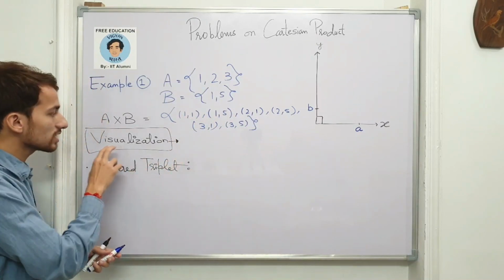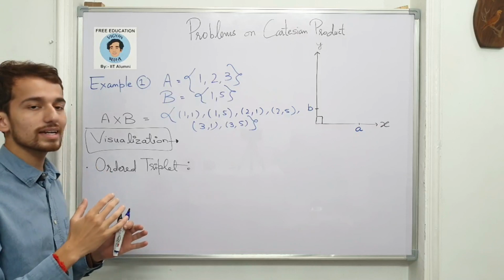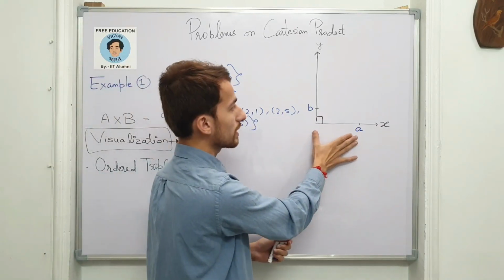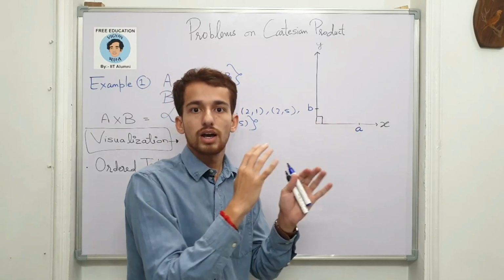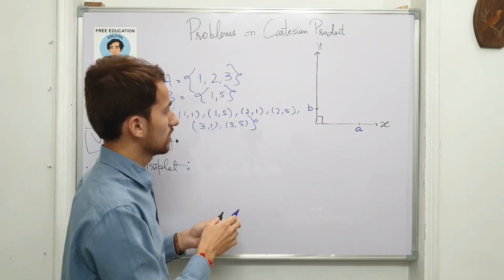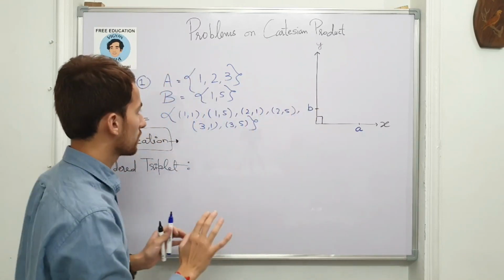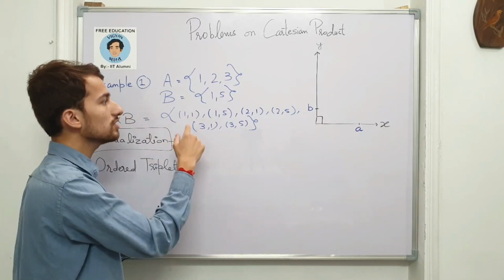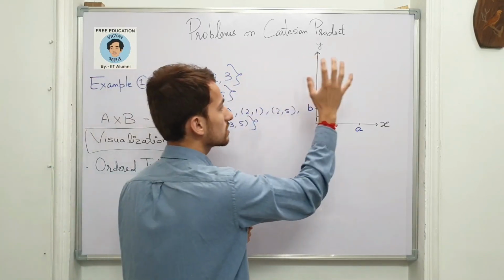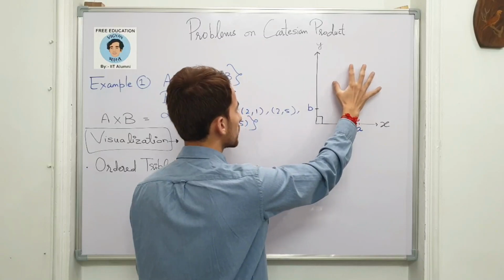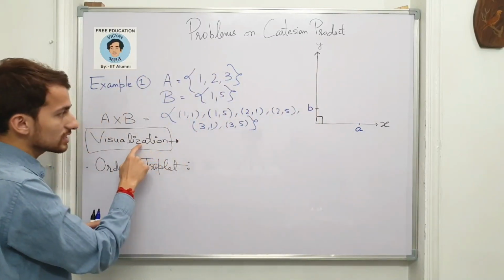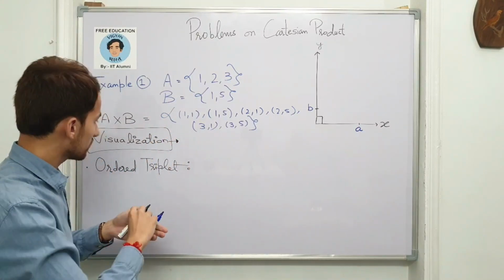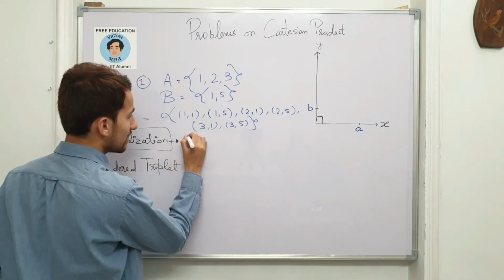Now we are asking what is their visualization basically, how we can interpret these Cartesian products. So if you now look here, this is our xy plane. This is only the one quadrant I have sketched, the first quadrant of the xy plane, because in our case all the coordinates of the ordered pairs are positive. So if I mark them on this particular quadrant, they lie over here somewhere. So the visualization of this Cartesian product, the ordered pairs, is that we can write it like this. The elements